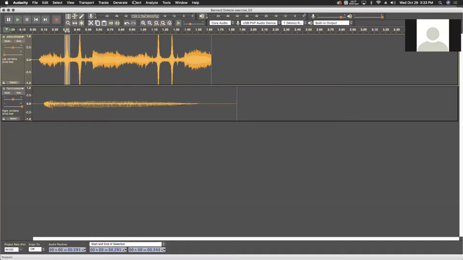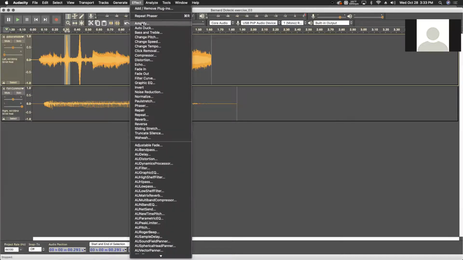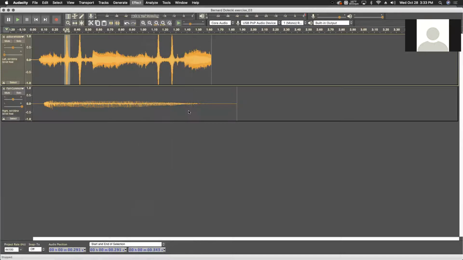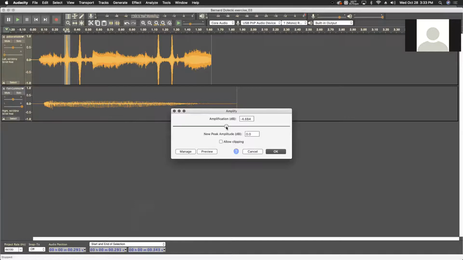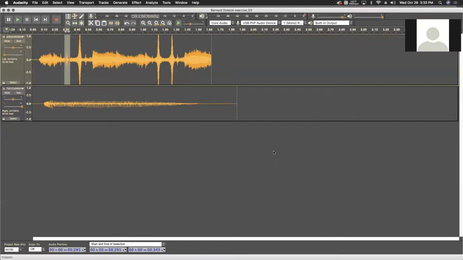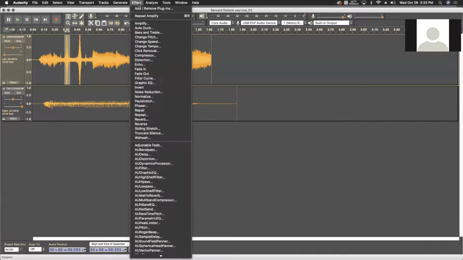So if we wanted to shrink that little section down, we could just go to Effect and to Amplify, and we just shrink down, right? We reduce the amplification. So we can reduce it by a decent chunk, but do we really need to go that far? No. So let's go back,